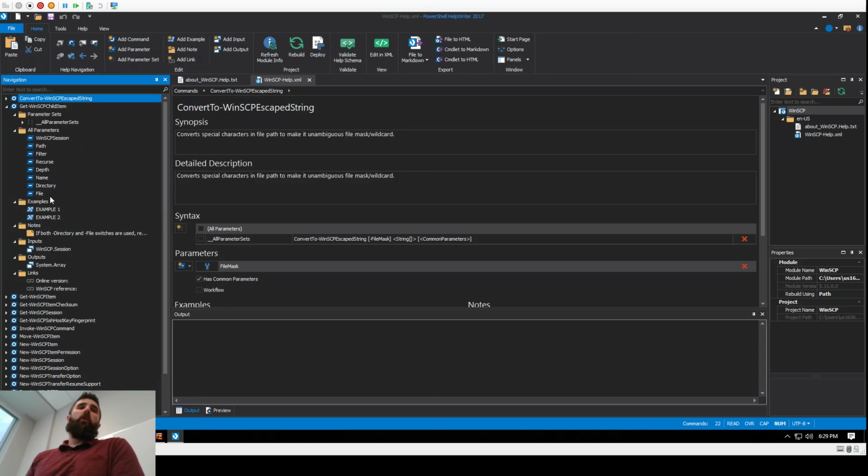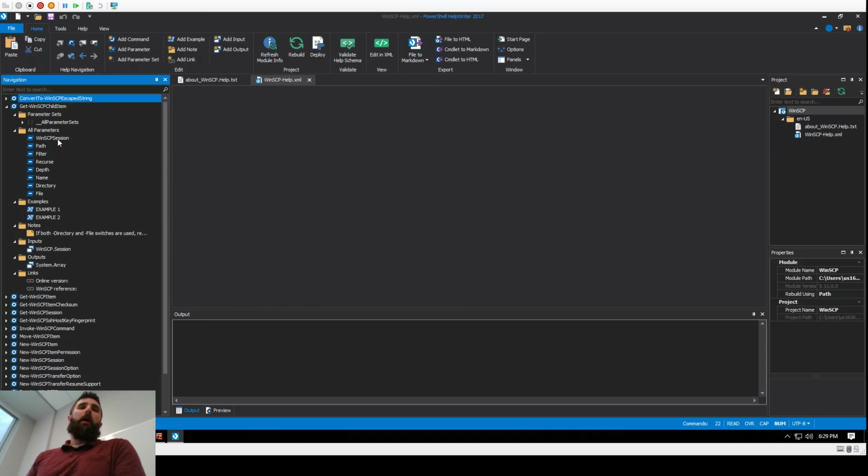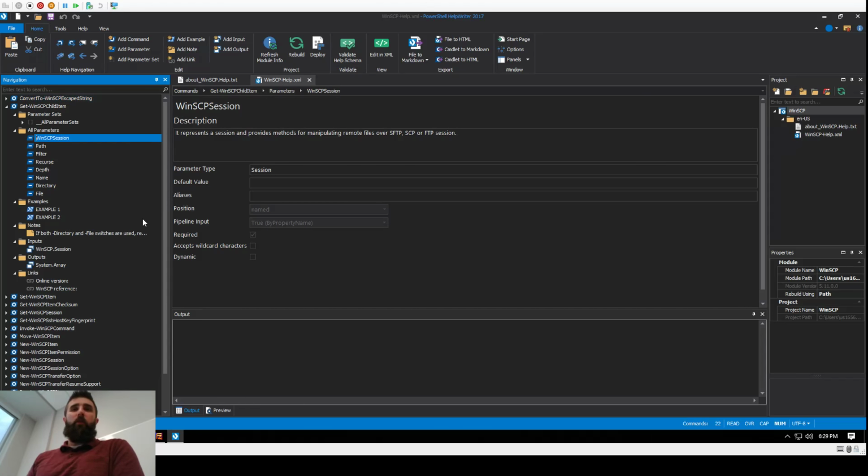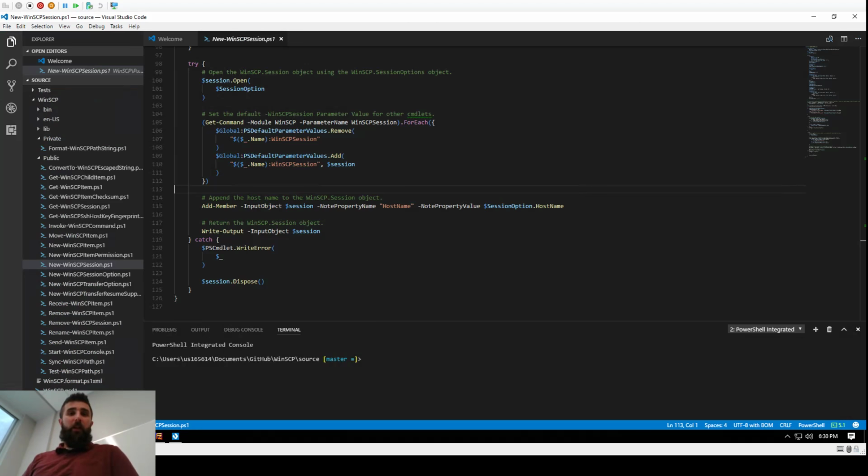So it actually takes the code, strips it apart, very similar to how PlatyPS works. And it builds all your parameters for you. It puts the types, it puts if they're named, you know what I mean, if they're required. You have to use parameter attributes for that, obviously, in your code, which you should be doing. But basically it takes,